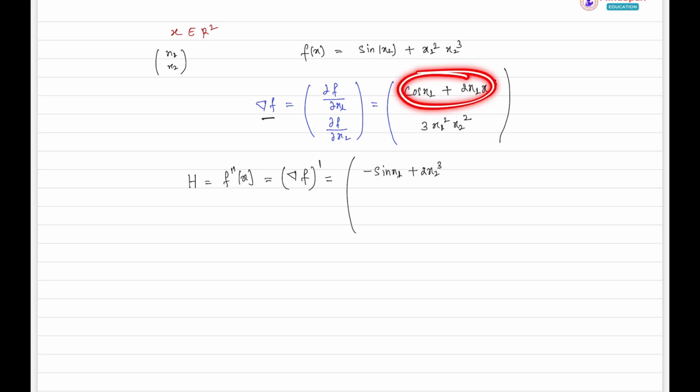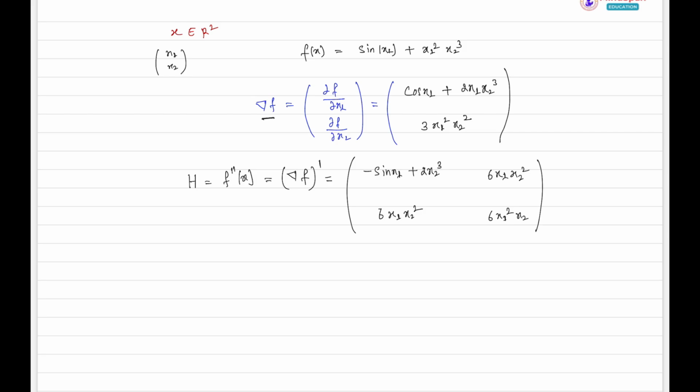Now again you need to pick this function, since we have taken the partial derivative with respect to x1. Next you need to take the partial derivative with respect to x2. So in that case you will have 6x1 x2 square, right? Now take this function and take the partial derivative with respect to x1. So in that case it will be 6x1 x2 square, right? And take again this function, you have already taken the partial derivative with respect to x1. Now you need to take the partial derivative with respect to x2. So that would be 6x1 square x2,